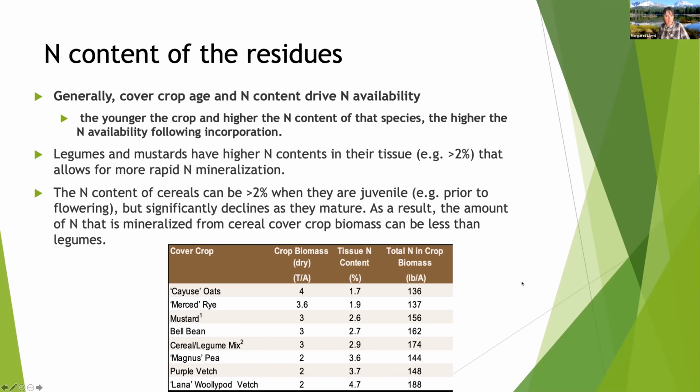So now we've talked about the biomass, the tissue N content, but only a portion of that total N becomes available to the following crop. And so how much becomes available? The C to N ratio is the mass of the carbon relative to the mass of nitrogen in a substance. And the soil microorganisms have a C to N ratio near 8:1. They must acquire enough carbon and nitrogen from the environment in which they live to maintain the ratio of carbon and nitrogen in their bodies.